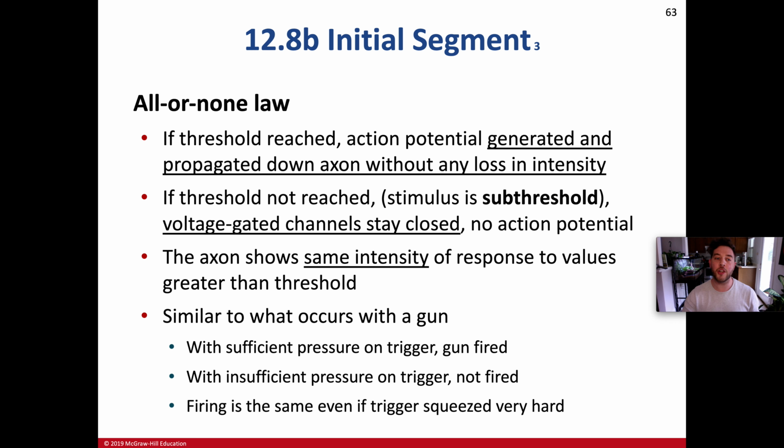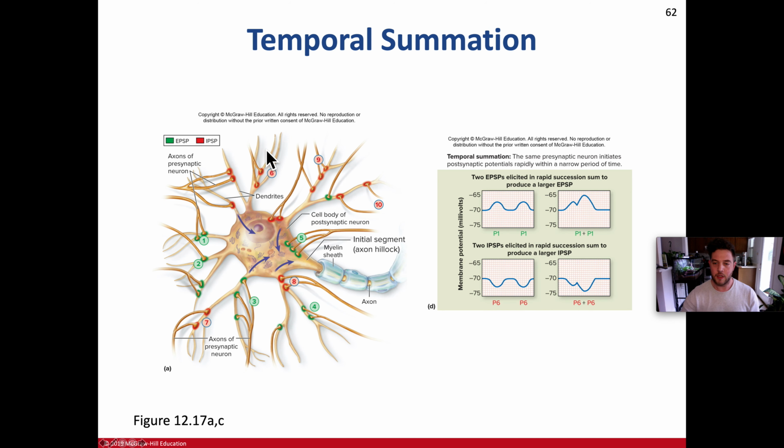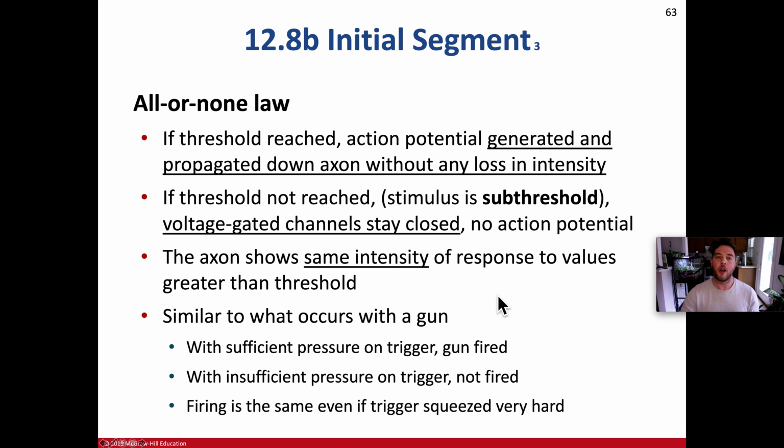Okay, and the all or none law. We've mentioned this before when we did muscle contractions, and it's a nerve component. It's a nervous principle, not a muscle principle. So if threshold is reached, the action potential is generated and propagated down the axon without any loss in intensity. So if threshold is reached, if these signals, either temporally or spatially summated, are strong enough to reach that threshold voltage, then